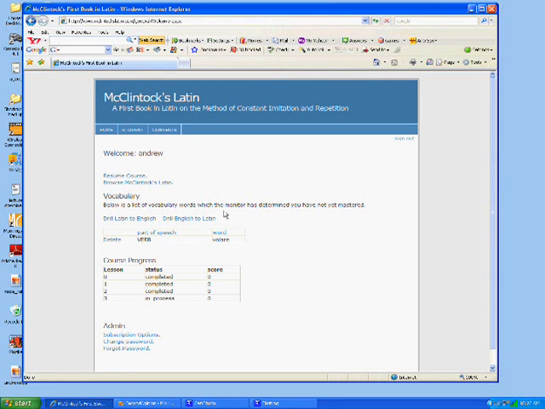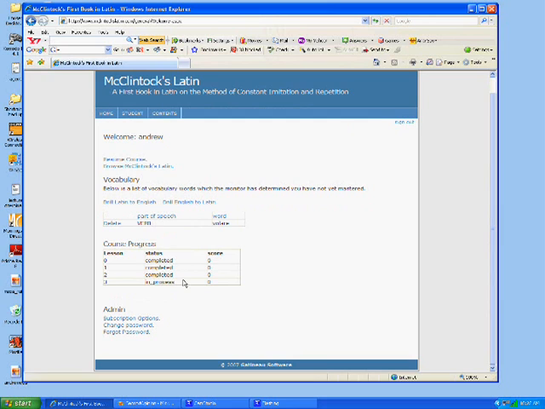And this brings me to the student home page, and from here I can either resume the course, or I can browse the course. I have a list of vocabulary that I haven't mastered yet, which I can drill. There's a table which gives me my course progress, and there are some administrative functions. We'll discuss all of this in the course of this demonstration, but I'm going to start by just clicking on